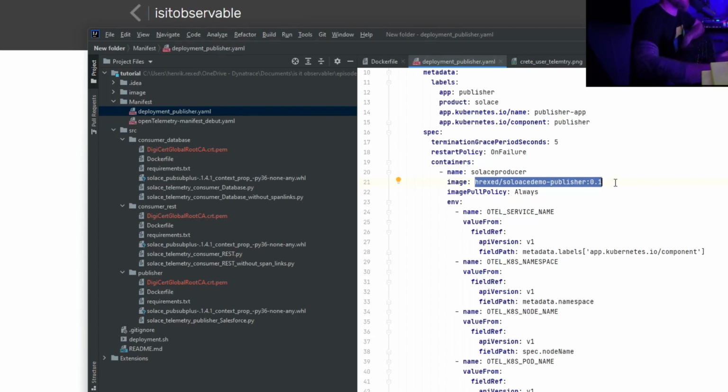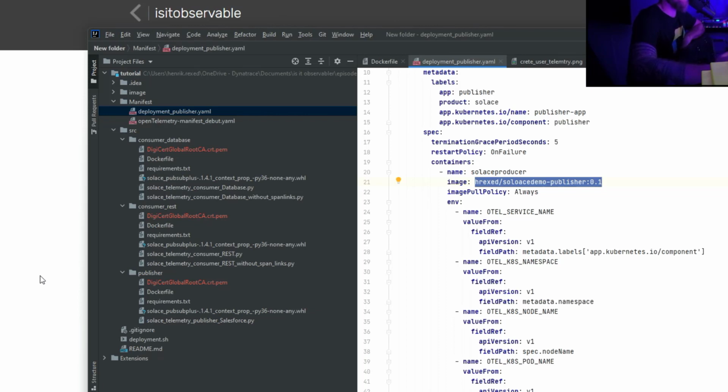So you will have to update those two with your own container that you have built from your own side using your own certificate. All right, to remind you, download the certificates and put them in each folder of each piece of code, consumer, producer, and so on. This certificate will be required because we need it to authorize the consumer and the producers to publish into our PubSub